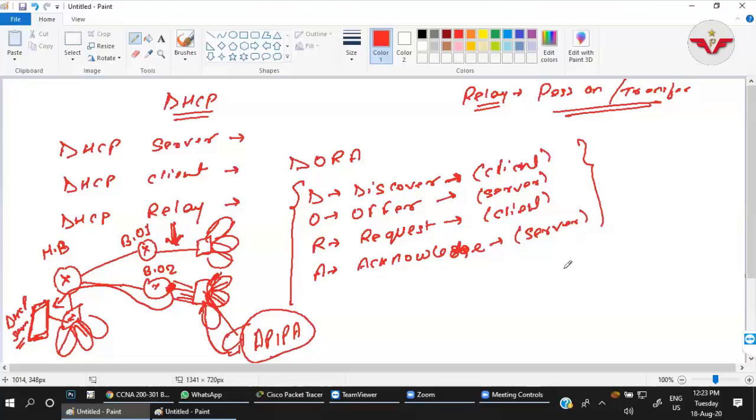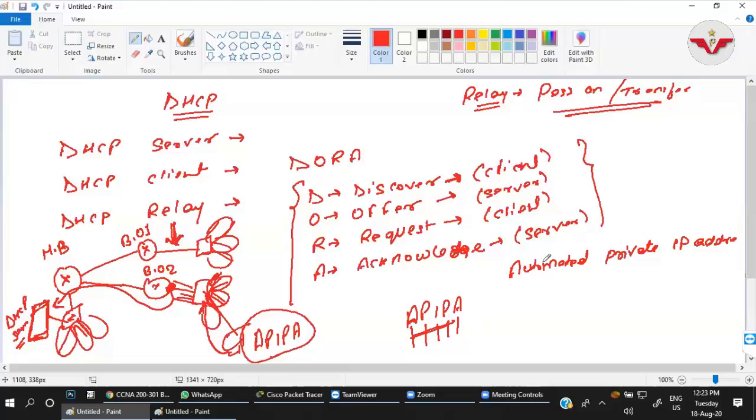Okay. What does APIPA mean? APIPA means automated provided IP address. By whom? On websites or anywhere else you will find the full form as automatic private IP address.